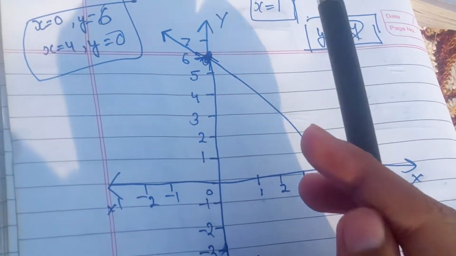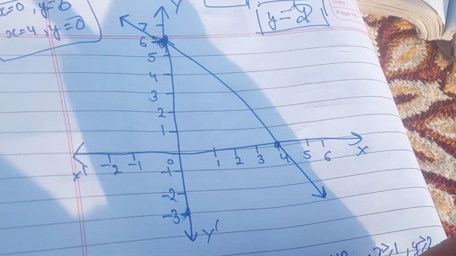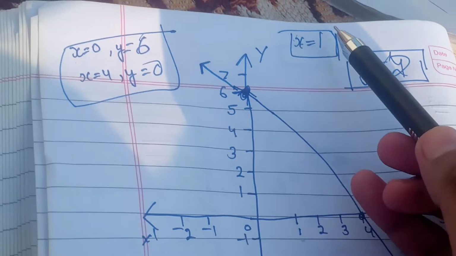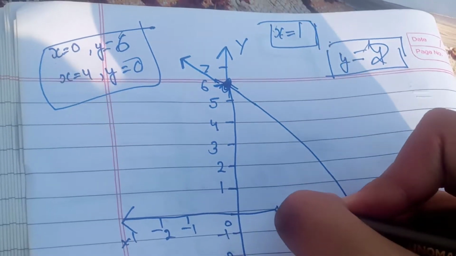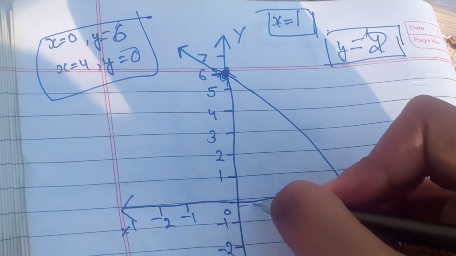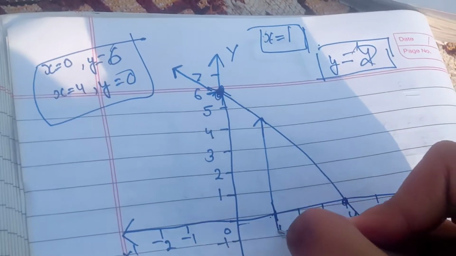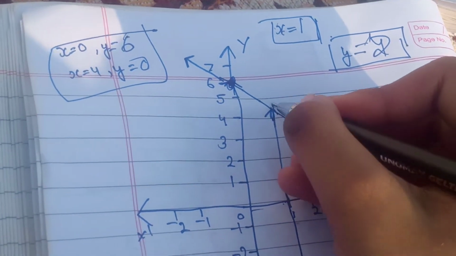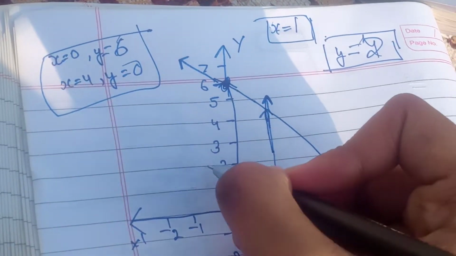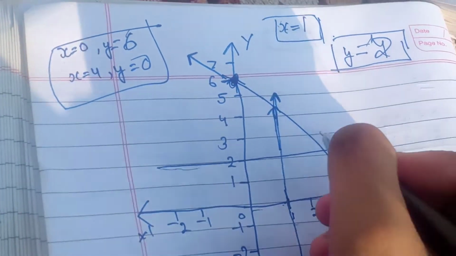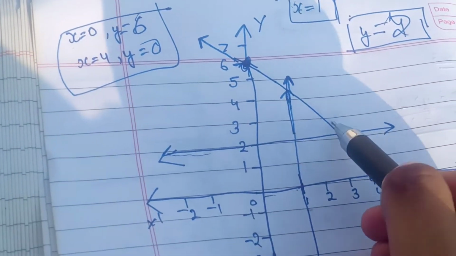Okay, then this is another line, as we are given these three inequalities. So x is equal to 1 over here, it will be like this, x equal to 1. Okay, it will be that inequality, and y is equal to 2. Okay, so this is my other line. So we are given three lines now, 1, 2 and 3.